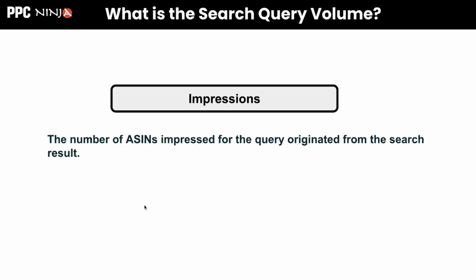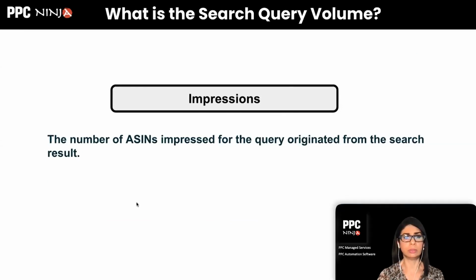So now let's jump into the first thing, which is search query volume. When you look at impressions, for example, which query originated that impression, right? Those queries are mentioned in this view, so you get an idea of how big this space is. You can imagine how many impressions there are to get for each query.